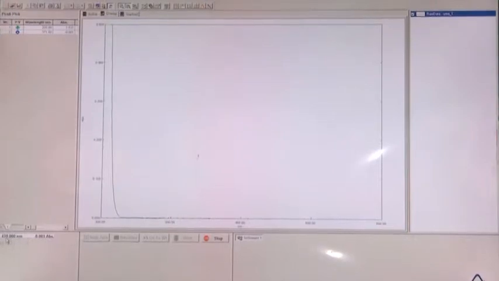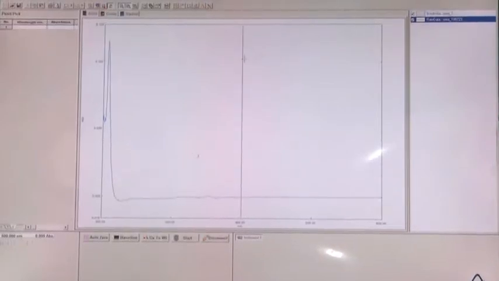Out here we can see that the wavelength scan is taking place. We can change the scale for our convenience if we want to see the spectra. It gives an absorbance value of around 207, similar to the last one.